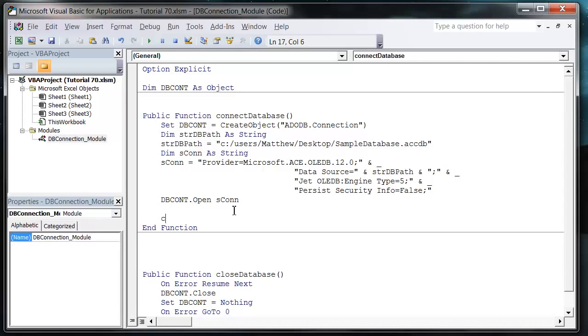So we want to put in here call close database, because I don't want to leave this connection open. So I'm going to step into this code using F8 just to show you it running. So we're going to create our object. It's going to set this database path. It's going to create a string that sets our